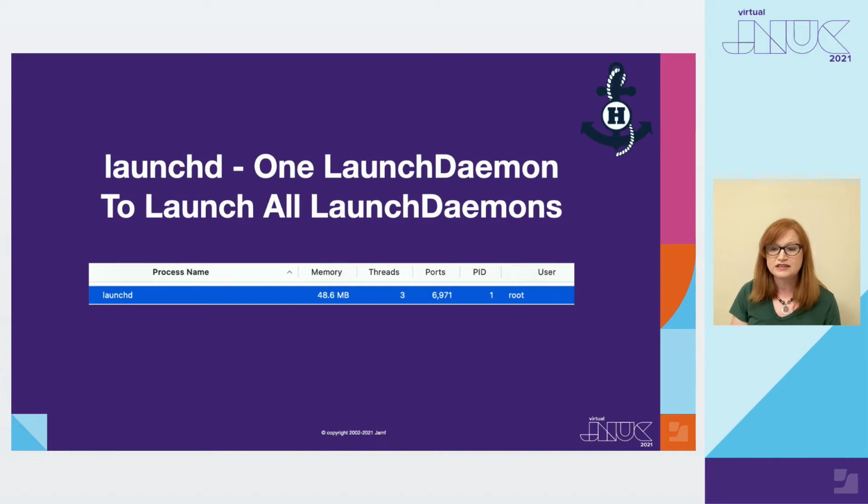It has the PID of 1, and what this does is it makes sure that your launch daemons and launch agents do what they're supposed to be doing, constantly checking to make sure that they are running when they're supposed to. You can kind of think of it, like I said here, one launch daemon to launch all launch daemons.